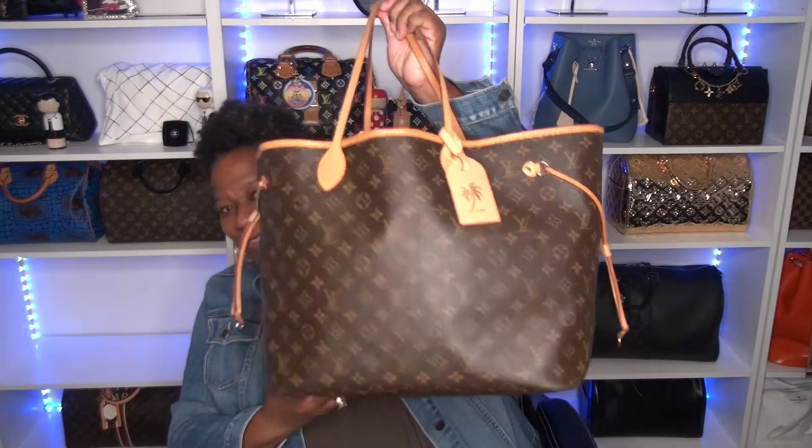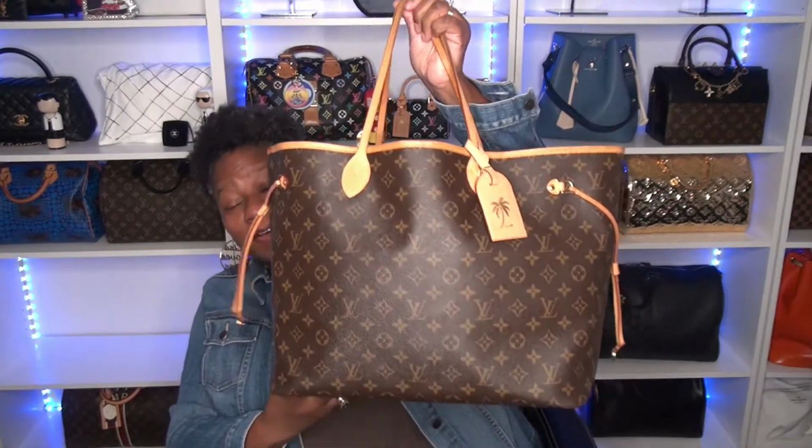My next bag is a tote bag, and I think me and everybody else on the planet has the Louis Vuitton Neverfull. Mine is a GM, and this is my one. Oh, I do have another tote, but I don't count it. But this is my one and only Louis Vuitton tote, and she probably always will be. She was a gift, and